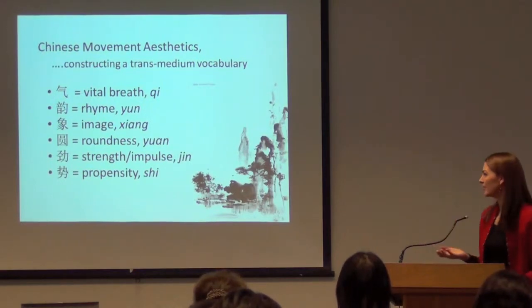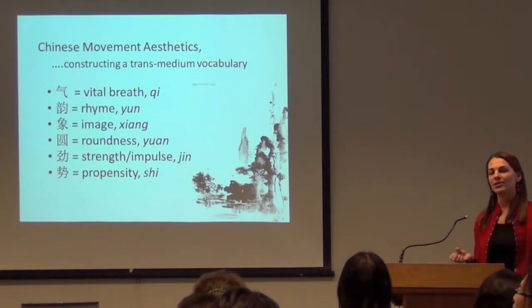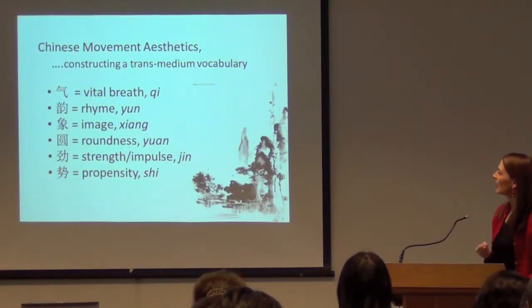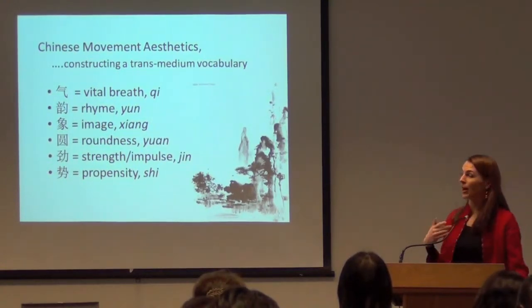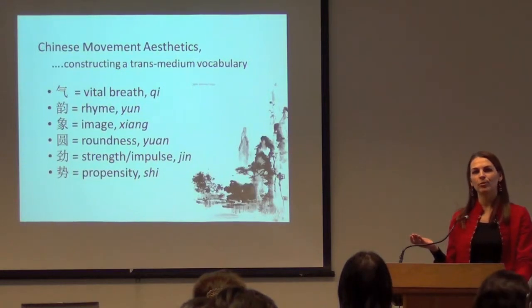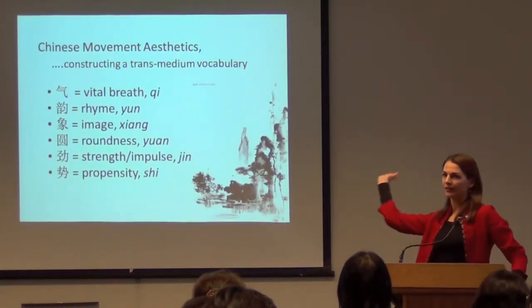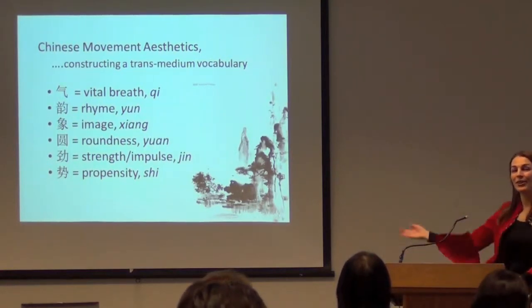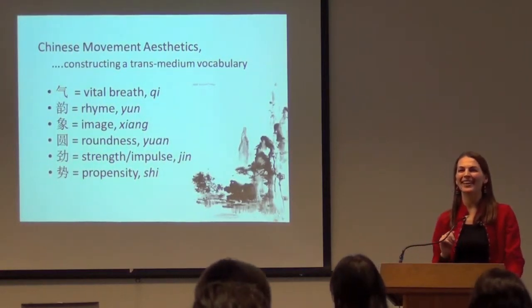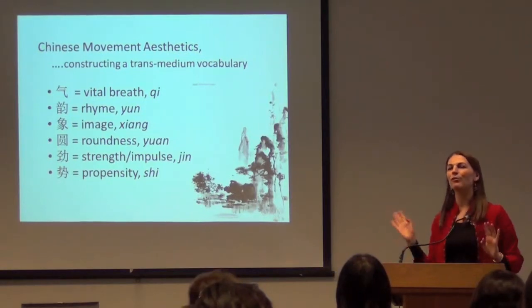And so when we talk about dance pieces having an 意象, it means that it leaves a very clear image in your mind. The next element that we look for is roundness. So if you're moving from one place to the next, instead of going in a straight line, you go in a curved line. So I'll show you some examples, but the idea is that the more round an action is,